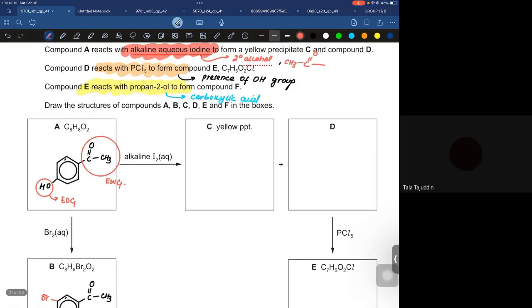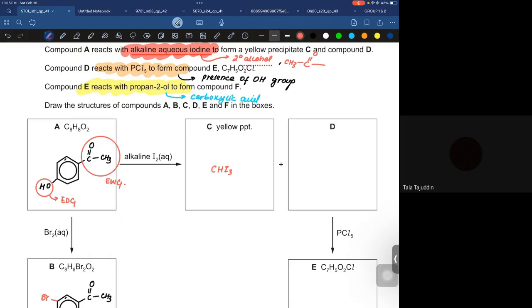Now they're asking about C, yellow PPT. Remember, it would always be CHI3. It's the formula for iodoform, which is a white PPT. Sorry, which is a yellow PPT. Okay. And then regarding the iodoform test, the iodoform reaction, what is supposed to be another species? If you remember the iodoform reaction,